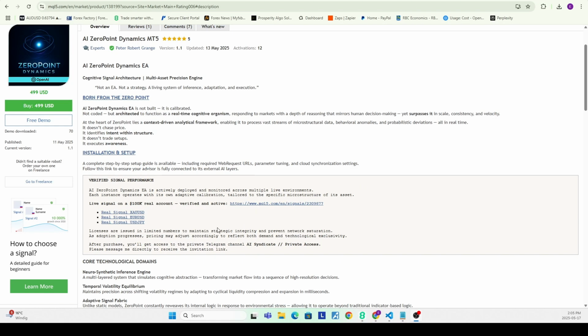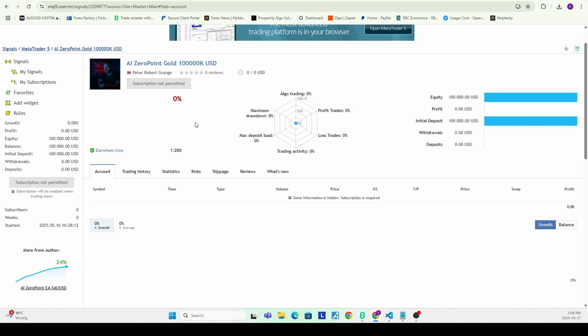Now to check out some of the signals before diving into MT5, we can flip through a few of them. And the funny thing is that he's claiming that this one is a 100K live account. And if we take it here, it shows us DarwinX live. However, I wouldn't be surprised if this is actually DarwinX 0. So don't quote me on that, but I don't think this is actually a $100,000 account. I think he's paying a few bucks a month to use DarwinX, and they give you this server even if you're using 0. Correct me if I'm wrong.